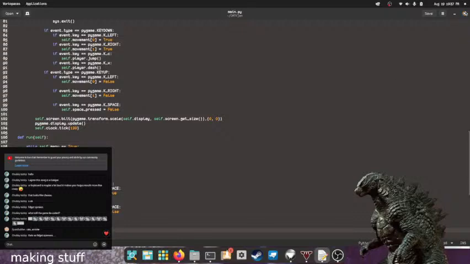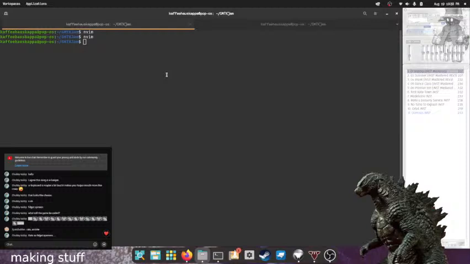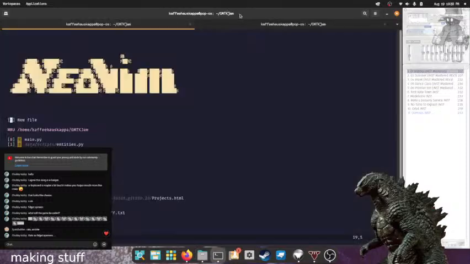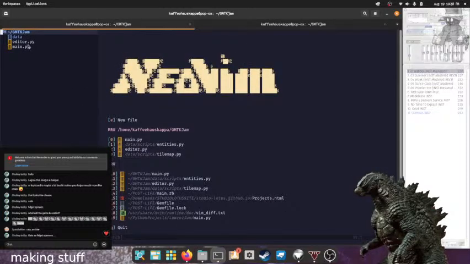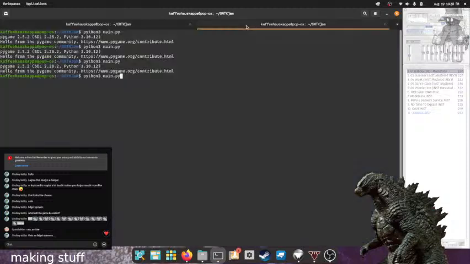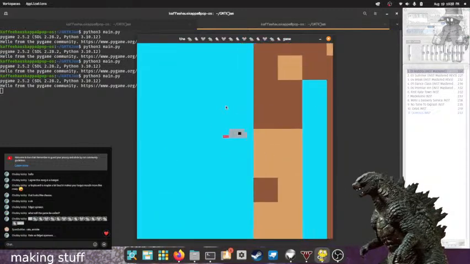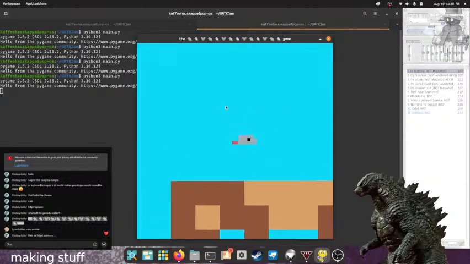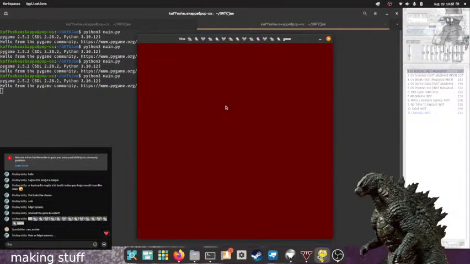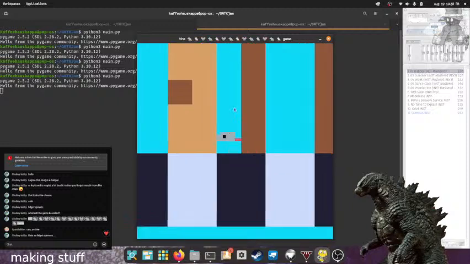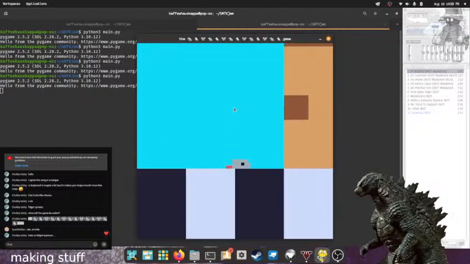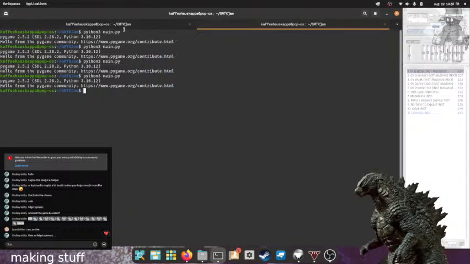So let me see if that did it. Okay, well that's off to a great start already. Okay, so it's not setting to the spawn position, which is good. But that's fine.